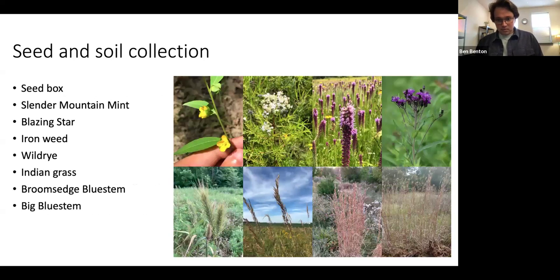experiment. So I started out by collecting seeds from 8 different species at Cherokee Prairie. I collected seedbox, slender mountain mint, prairie blazing star, Missouri ironweed, southeastern wild rye, Indian grass, broom sedge, bluestem, and big bluestem. And those were just plants that occurred at Cherokee Prairie that had a seed abundant enough for me to collect